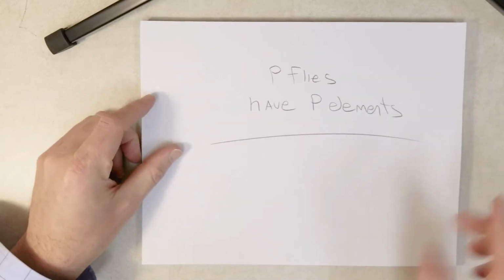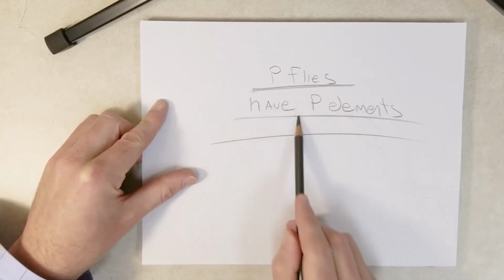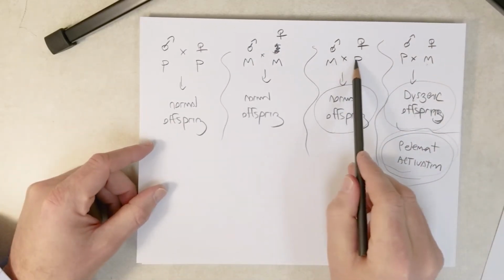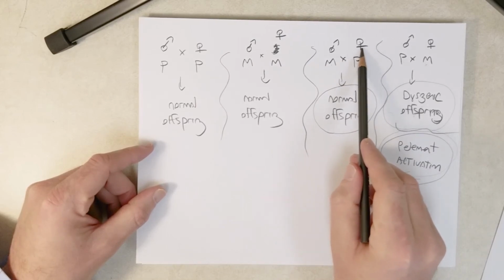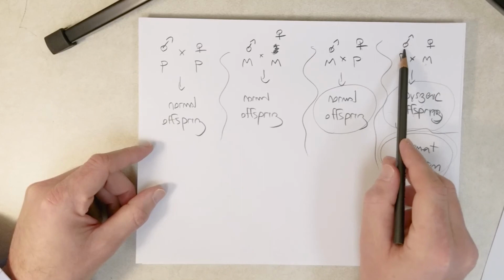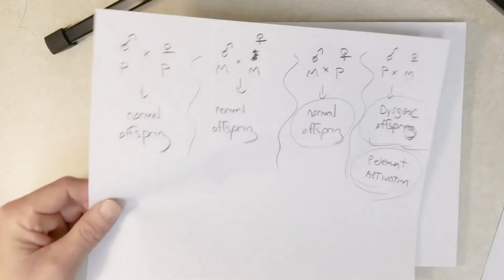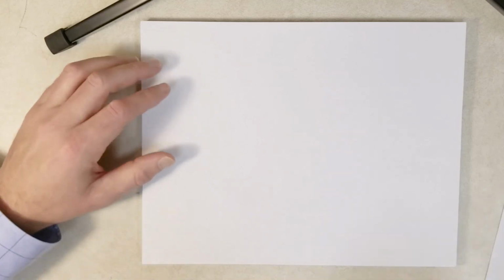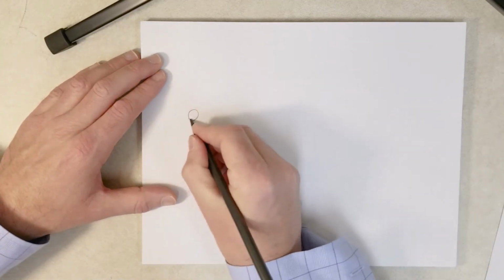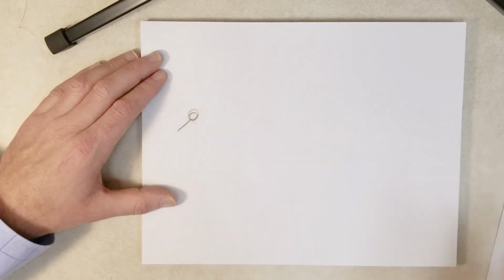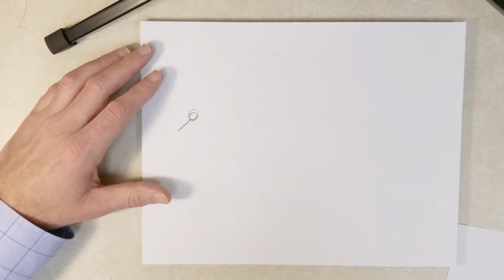I don't want to give too much away at this point, but essentially what we have is the P flies are the ones with the P elements. But okay, that doesn't really tell us too much, right? Because we have P elements right here in this mom, and we have P elements in this dad, but only these offspring over here show the dysgenic phenotype. And the idea behind the explanation for the problem is that we've got, let's say,